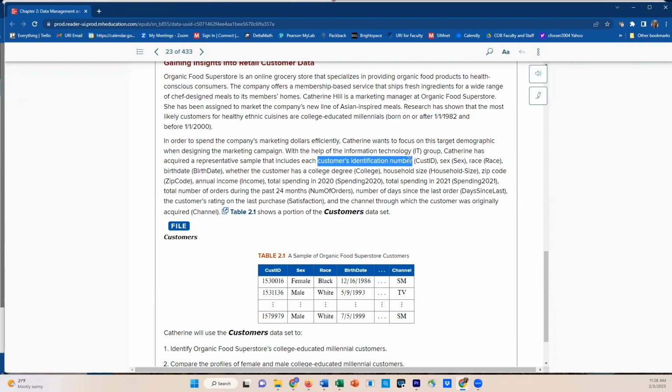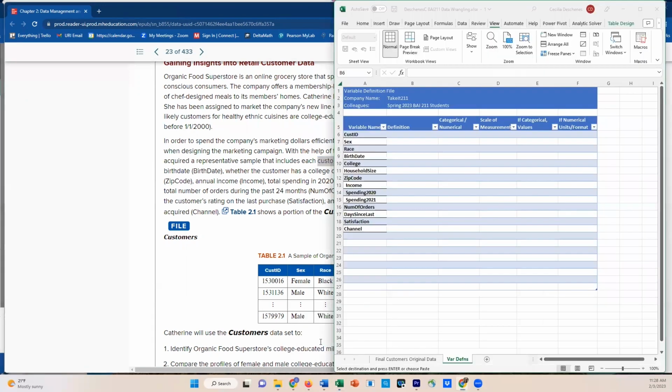And in class, it would not let me do this, but I think I might be able to. I just highlighted it and hit Control C on my keyboard. Let's see if that works. So if I want to come over here, let's see if I can put that in here. I'm going to click up here on the formula bar, see if I can get it that way. No, it's not going to do it, is it? That's fine. Customers identification